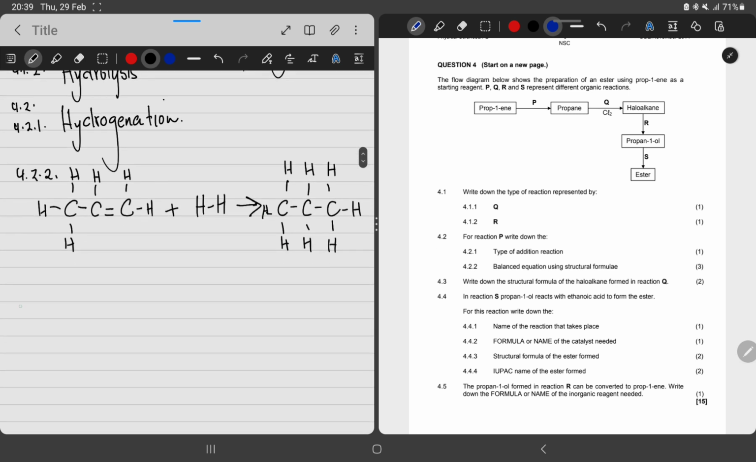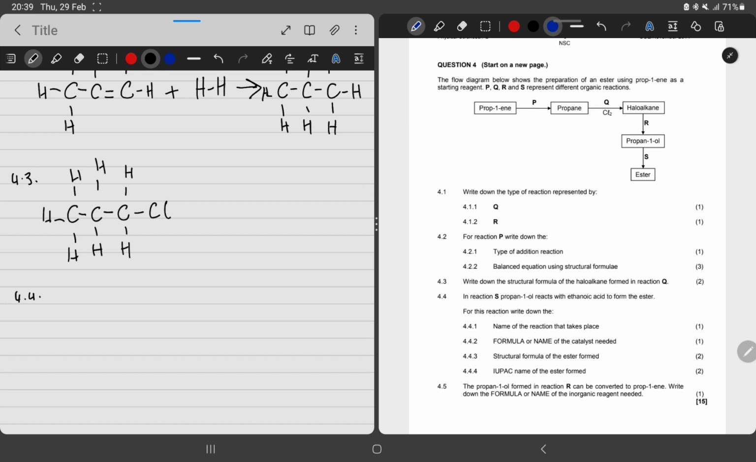Then 4.3. Write down the structural formulae of the haloalkane formed in reaction Q. We said this is going to look like that. Chlorine, then